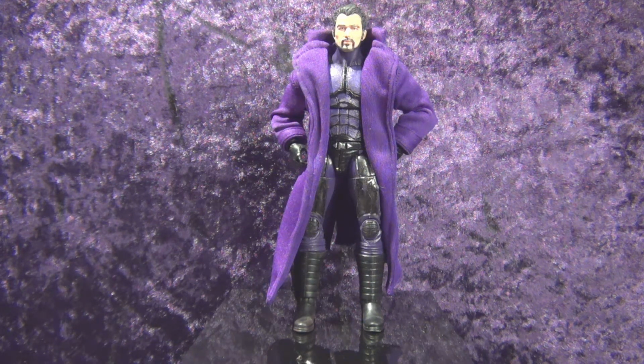And this week, we are taking a look at some of the customs that I've done. Well, customs and kit bashing. To start off, I thought I would go with this one, which is I tried to basically make me as best